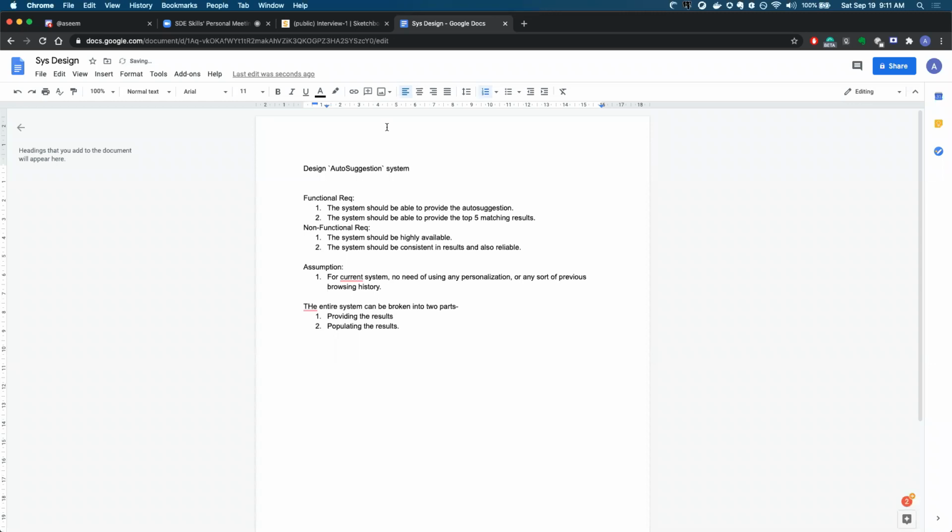So when you told me about this auto suggestion, the first thing that came to the top of my mind is, from the data structures point of view, the best data structure that we think can